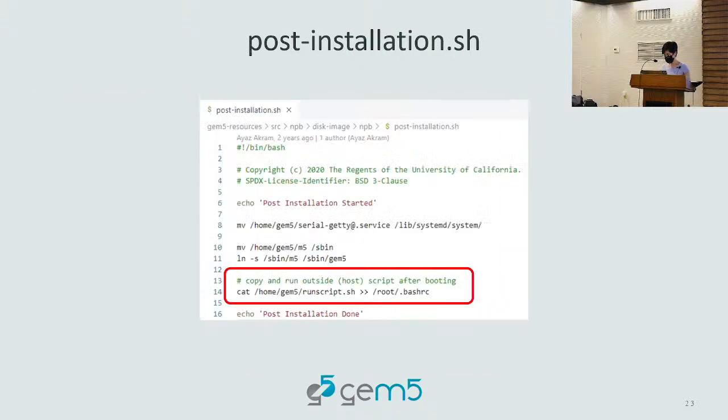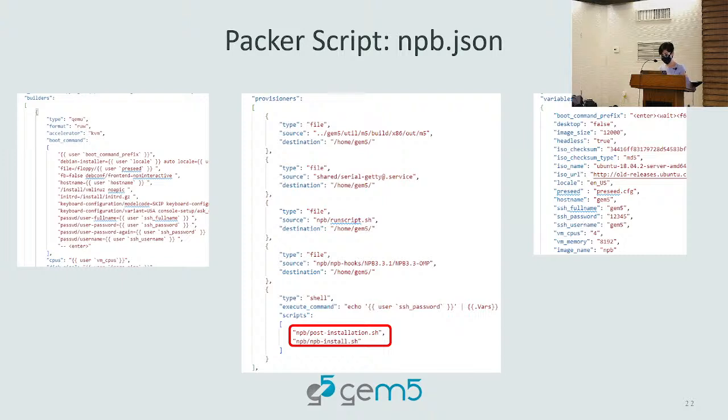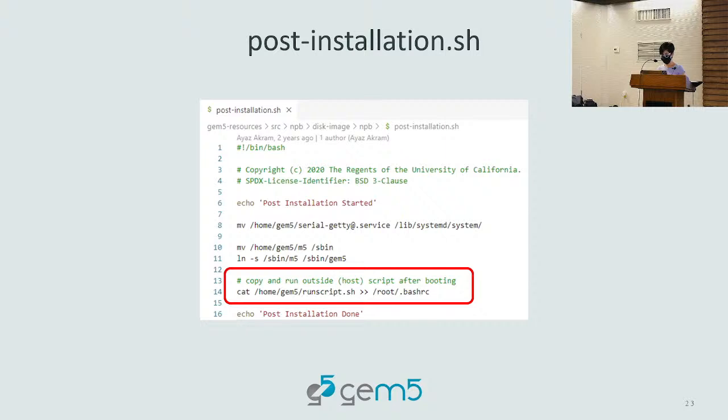Okay. So we saw in the previous slides that we have two important files. One of them is post-installation. The other one is npb-install. Let's see what's inside each of those files, because they're going to be executed serially into the disk image. So post-installation.sh has a content like this, which basically is going to be executed right after the Ubuntu is installed